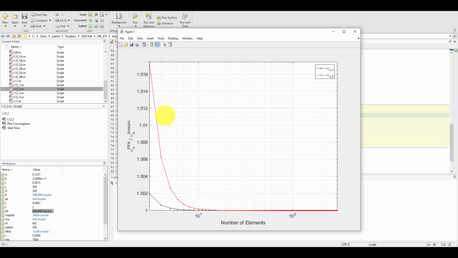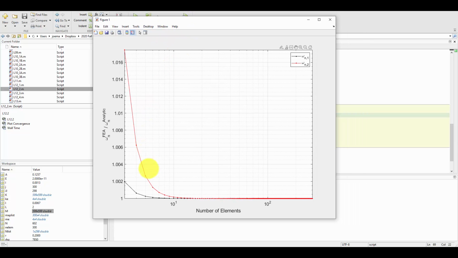So rerunning this, again, we're converging: the FEA and the analytic ratio are converging very, very close to 1, meaning the number we get out of the FEA is matching pretty closely, or by the end here, very closely to what we got from the analytic. So we are seeing convergence, and it's converging to what we have accepted as the correct answer.